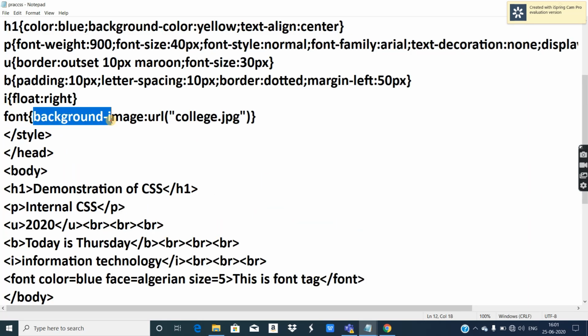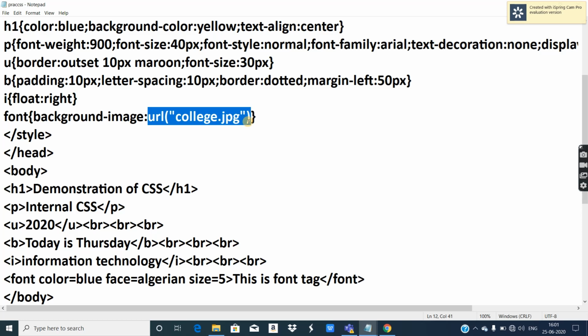You can do this with the help of background image property, which HTML does not allow but CSS allows. So the name of the property is background, and you have to provide this keyword url, and in round brackets you have to provide the name of the image, but make sure your image is available in the folder where you have saved this HTML file. Just add the image in the folder, copy paste it in your folder, and it becomes very easy to display. You get output very quickly. And provide double quotes around the name of the image. So this is the fixed way you have to follow if you want to display the background image.